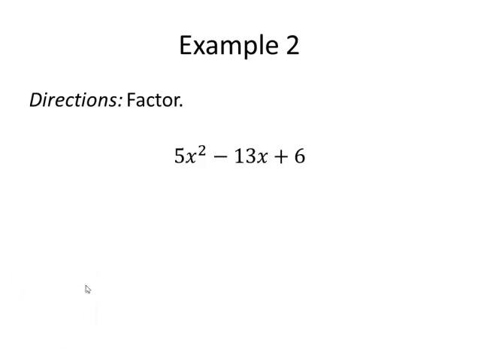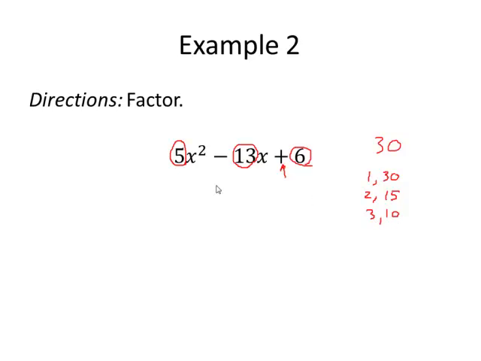Okay, so let's say we have this problem. We're going to do the same thing. We're going to multiply 5 and 6 together, and we're going to get 30. And we're going to find two numbers that multiply together to get 30 that will add together to get 13. Okay, and I'm going to ignore this sign for a moment. So 1 and 30, 2 and 15, 3 and 10. Okay, notice a pitfall here because 2 and 15, they would differ by 13. But this sign says plus, so I want them to add together to get 13, so it would be 3